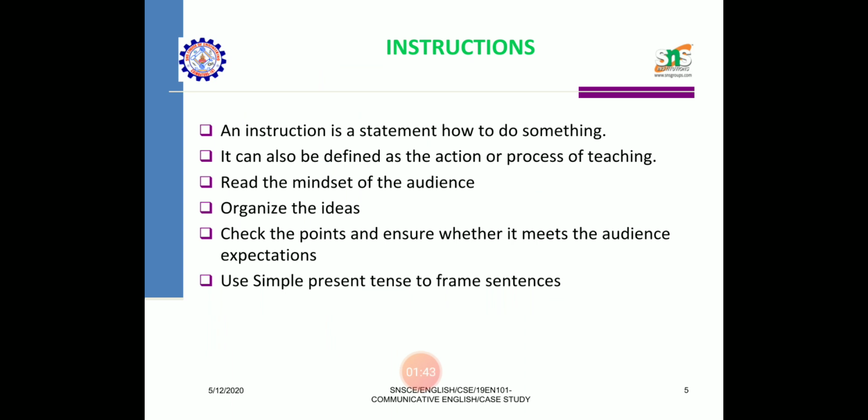For doing this design documentation, instructions play a vital role in creating it. An instruction is a statement, an order or a rule that will support you in how to do something.